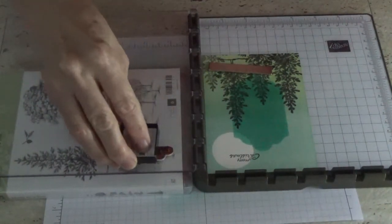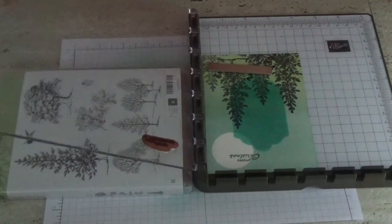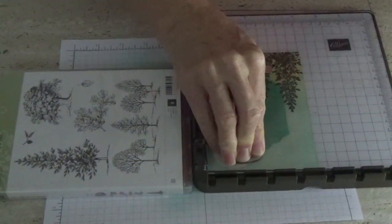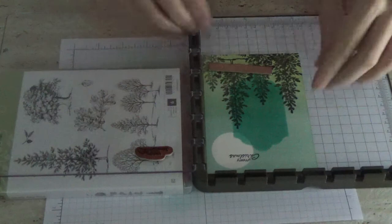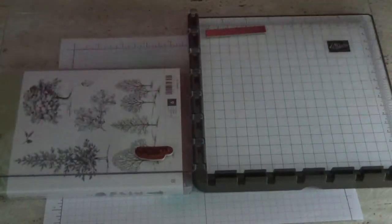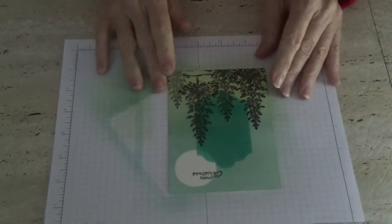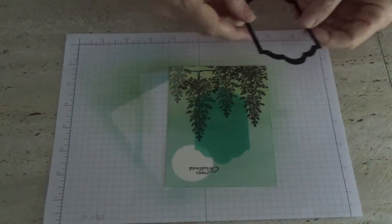So this is a retired set, but you can just use any sentiment. I just don't think I'll ever get rid of this Petite Pears stamp set because it has so many sentiments. It has about 18 different sentiments, and I can always use it all year round. So let's wipe that off. A lot of the stamp sets seem to come out and they don't have a sentiment to correspond with it. So then what I'm going to use is